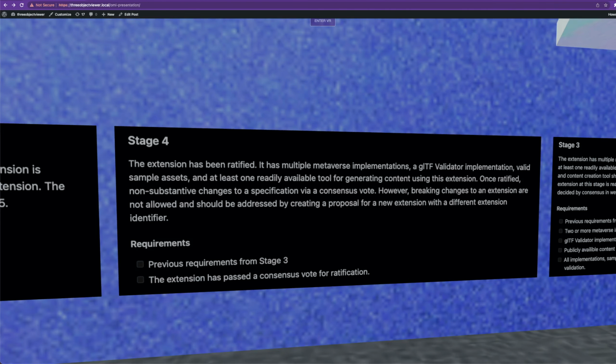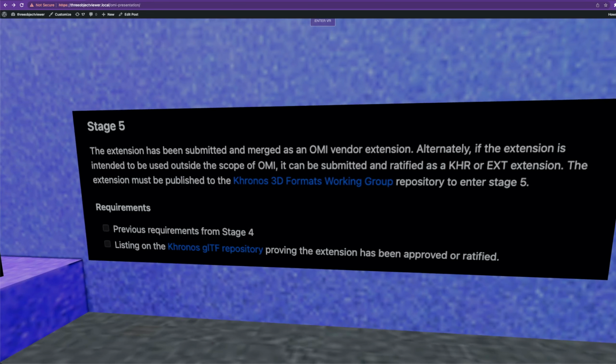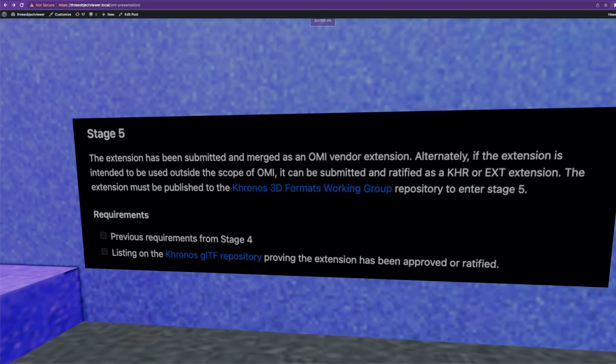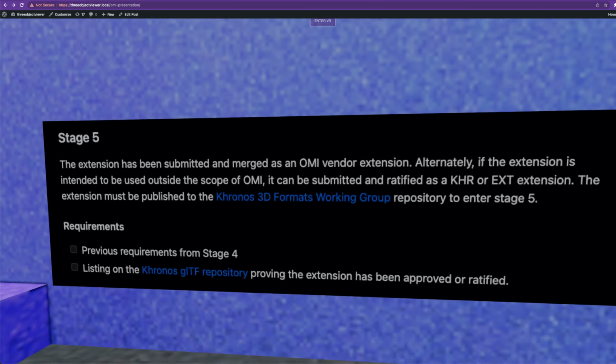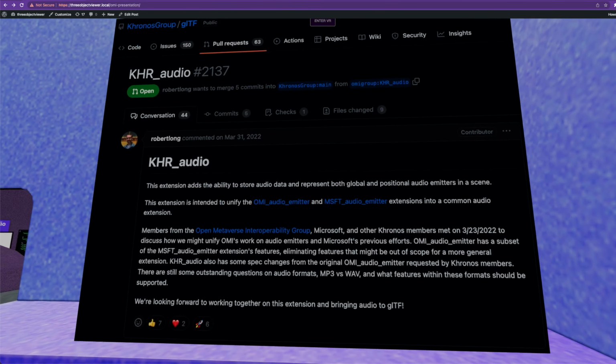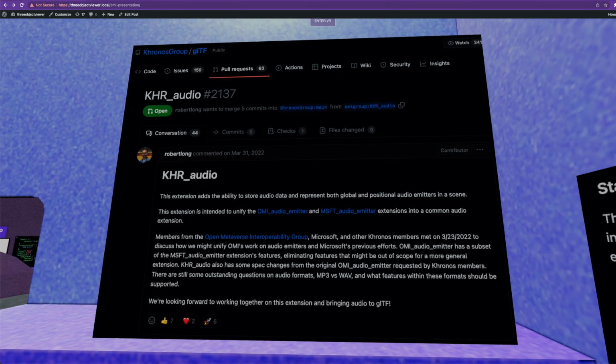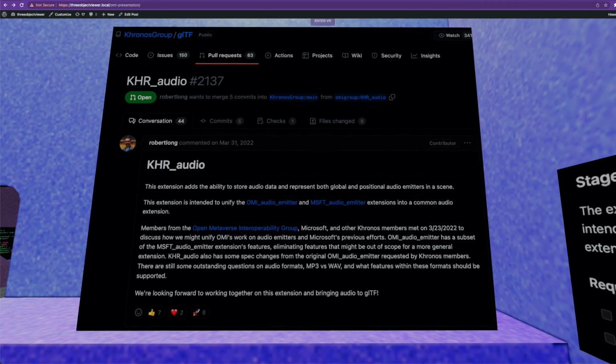Then we get into stage 4, where the extension's been ratified, has multiple metaverse implementations, and a validator, and it gets pretty deep at this point. It's pretty solid, and this is where we start to think about stage 5, which is where we promote an extension or submit an extension to be considered to be an official Khronos extension on the glTF format. And we have one extension that is an example of that. We have KHR Audio, which is the one that started off as the OMI audio emitter. And it was inspired by and worked in collaboration with the Microsoft audio emitter and some folks that were working on that standard